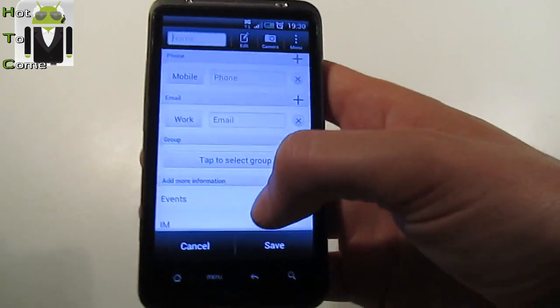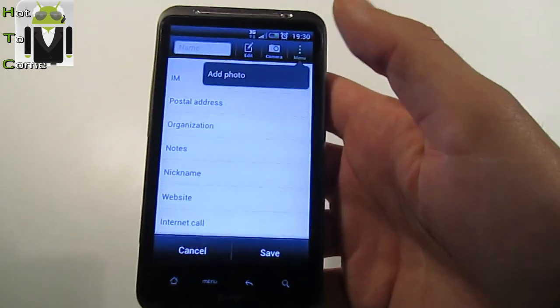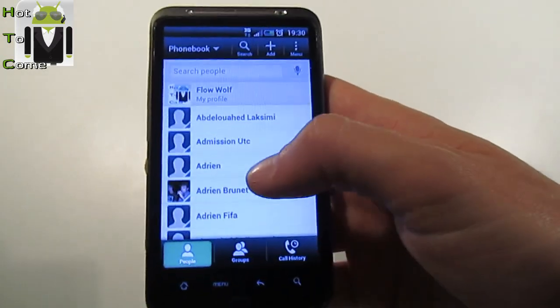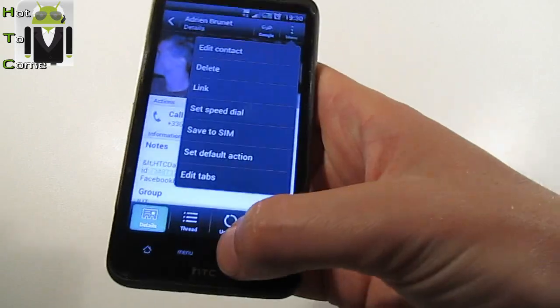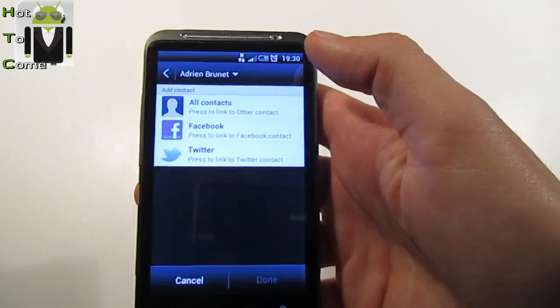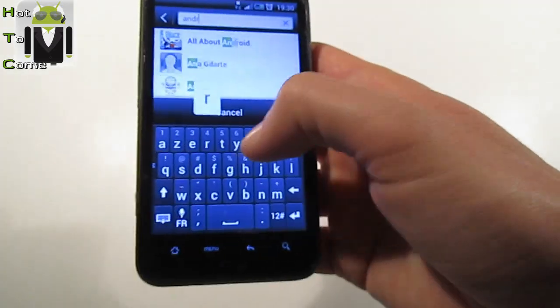You can use phone, mobile, and a lot of things to save a new contact. Then you can link contacts together by menu. You can use Google here and link this contact with another one. For example, I want to link this one